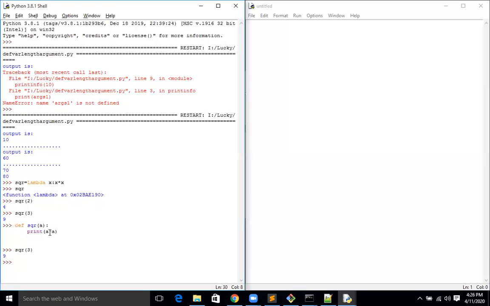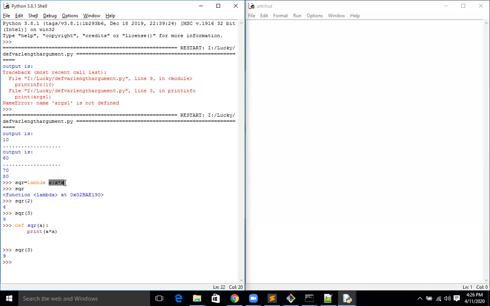And then one more thing is lambda functions have their own local namespace and cannot access variables other than those in the parameter list or in the global namespace. Means that if you are giving a single line statement, lambda x colon x into x, you can access only these variables, not outside the function. If you are passing a parameter, it moves to only the local variable present under the lambda method. You can give any number of arguments and then expressions also. Right? That is the lambda function.